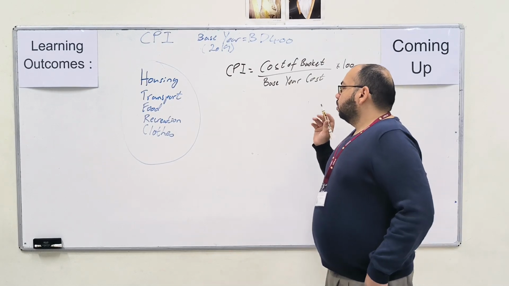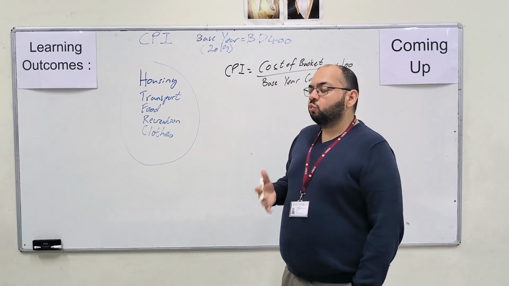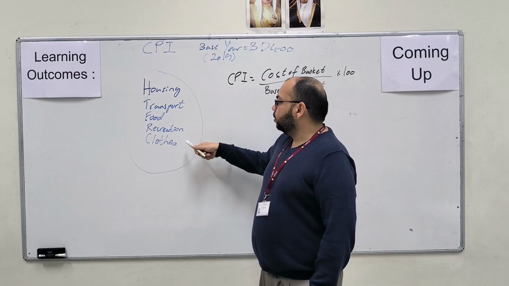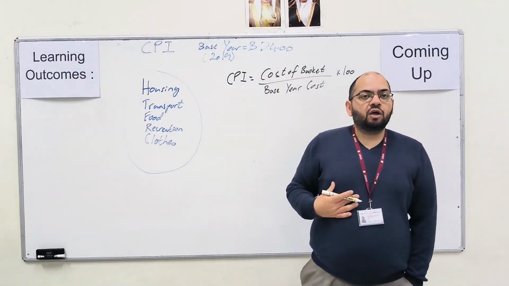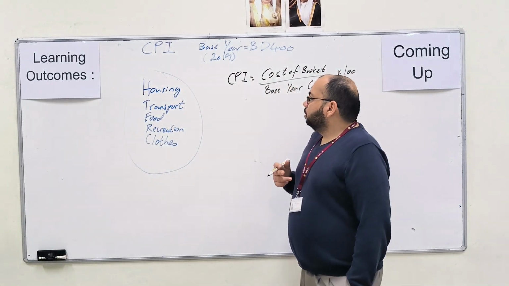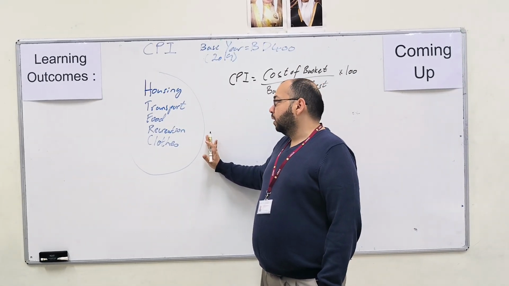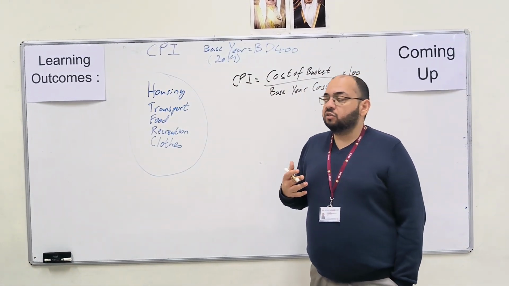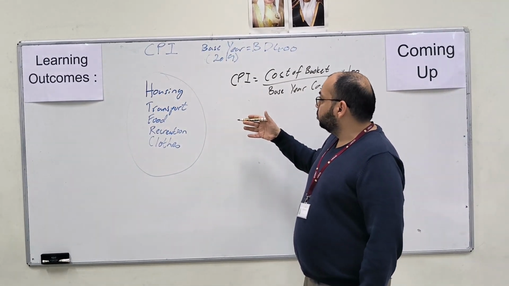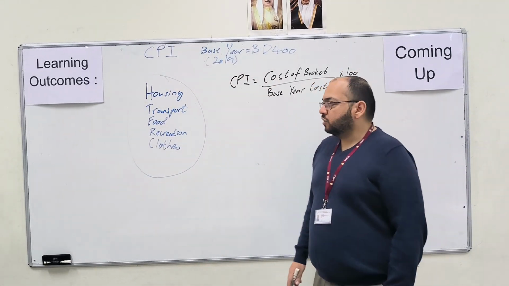Now, the Consumer Price Index uses what is known as a basket of goods. The basket of goods is what a household commonly spends on. It includes housing, transport, food, recreation, clothes, and other aspects of spending. It could be other things. Education could be another, it depends. Now, what they do is they take a weighted average of how much of each of these is spent within a month, and they calculate the rate of the cost of the basket of goods with the weighted average, and then they compare it to the base year, which is 2019.